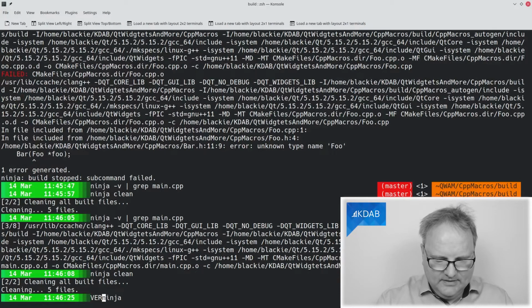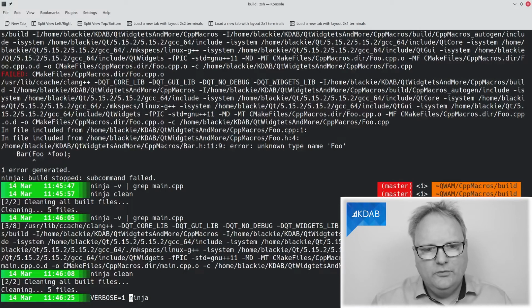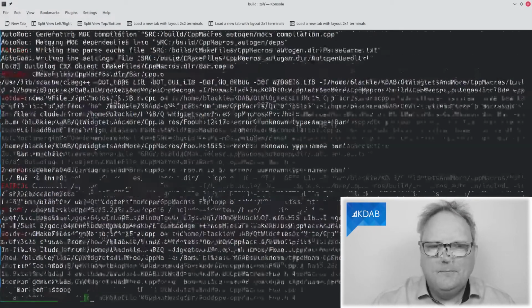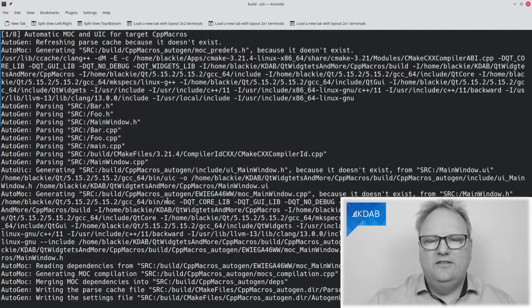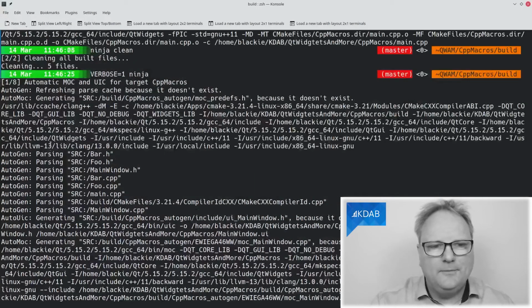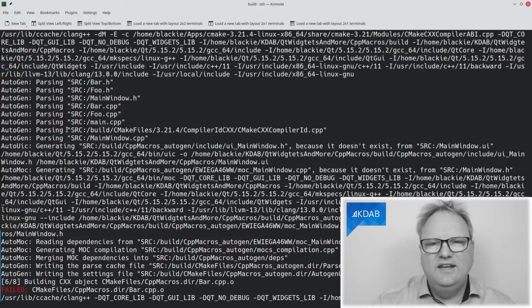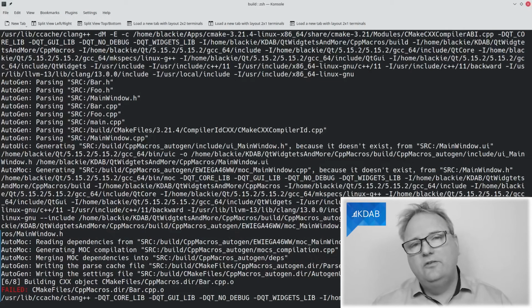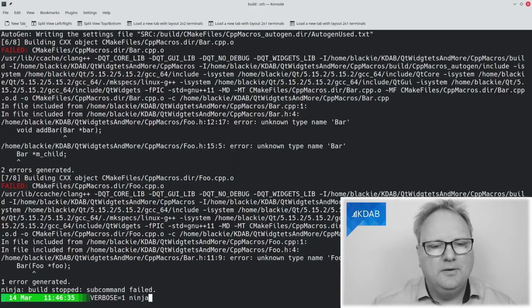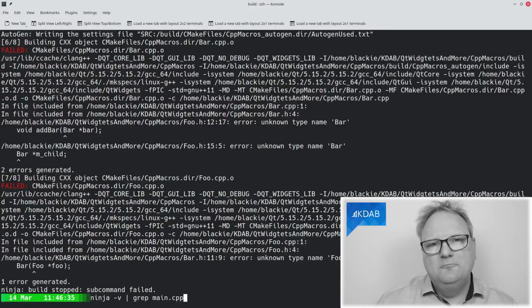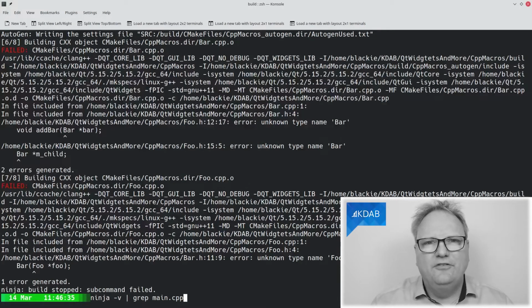You might be tempted to look at verbose equal to 1 Ninja, but that doesn't tell you what arguments are actually being called. It tells you the steps that CMake itself takes internally. So that's something completely different. With make, you would want to do verbose, but with CMake or with Ninja, you actually want the -v when you compile. Slightly confusing, but now you have it. Just take a note on a piece of paper and you'll never forget again.